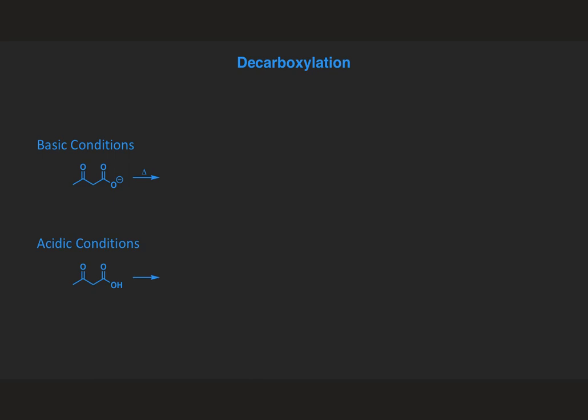Last week we talked about beta diketones or beta diketoesters as excellent substrates to make enolates as a nucleophile in the Michael addition. It turns out that if one of these is a carboxylic acid, this can undergo a process called decarboxylation, in which you lose CO2